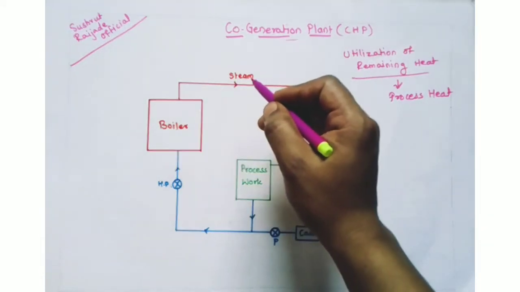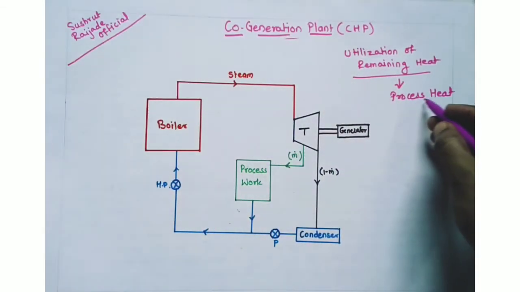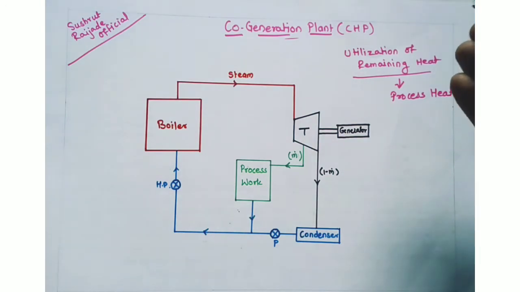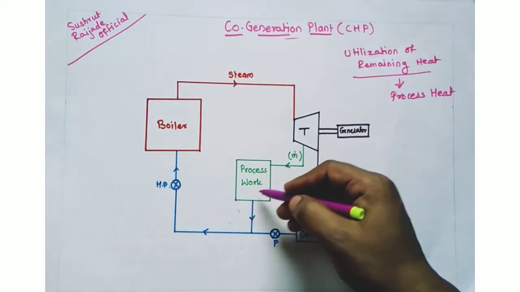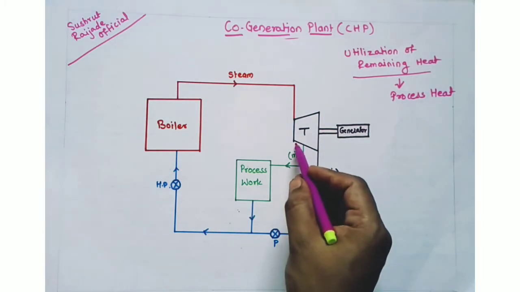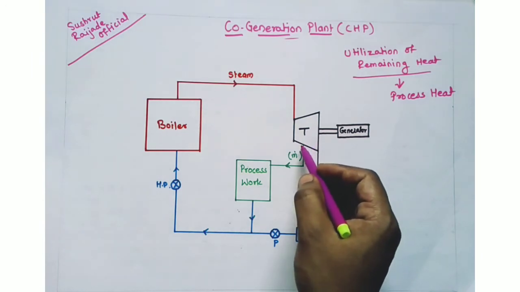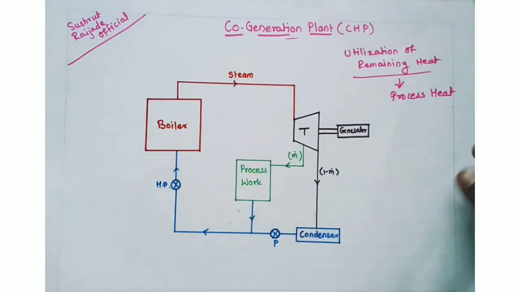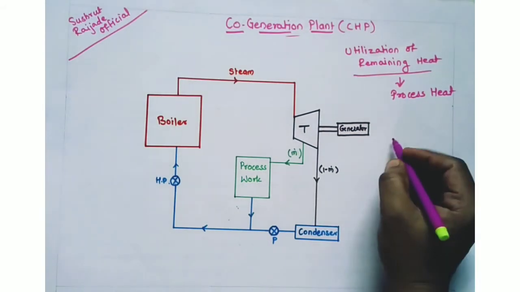Those are the regenerators. And what is cogeneration? It means the process heat is used to produce process work. Here you can see the process work is developed using process heat. That means the steam is extracted from the turbine, from here and here also. But according to the application, where is the process work used?